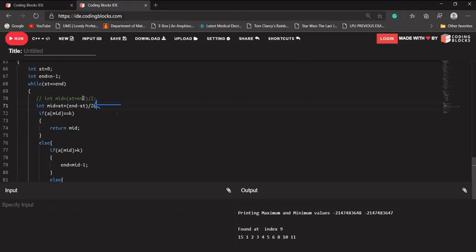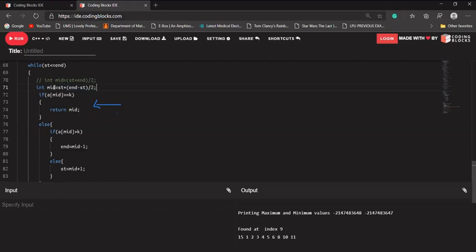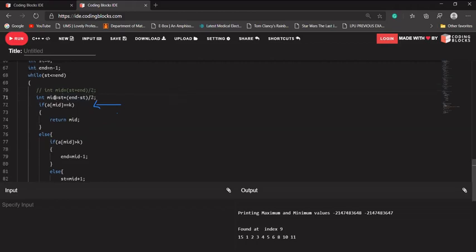Both expressions give mid value 4: 8 minus 0 divided by 2 is 4, and 0 plus 4 is 4. I think this is the correct expression. I was writing something wrong in the previous expressions.